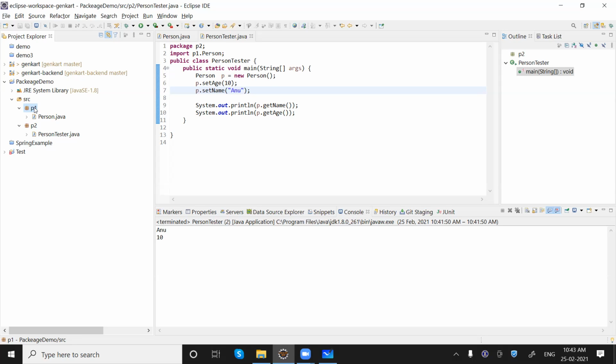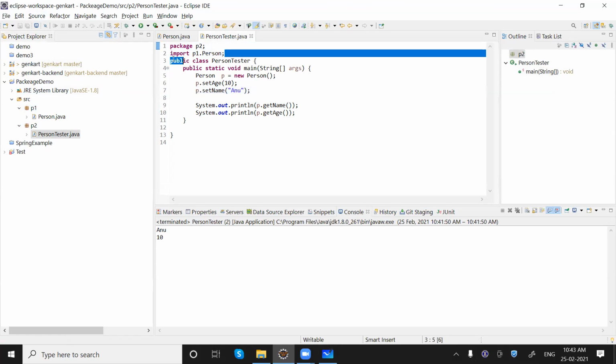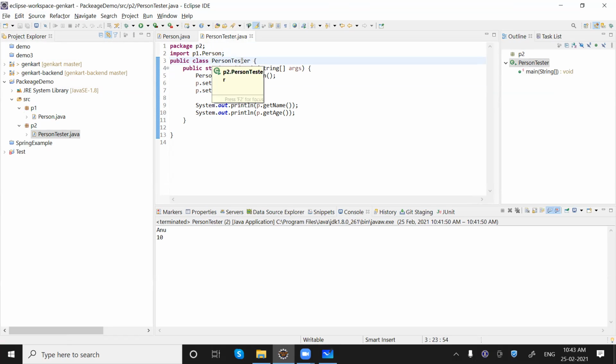But if we have a package structure defined, with separate classes in separate folders, and they want to talk to each other, then we need to use the import statement. Like in this program PersonTester, which is itself in package p2, we want to use the Person class which is in package p1, so we need to use an import statement.